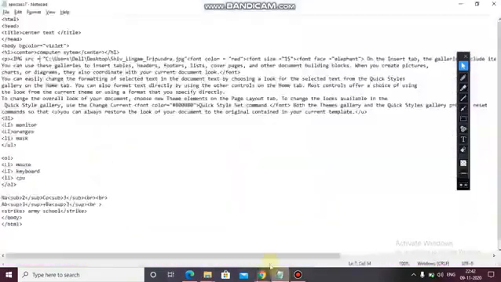So what do we have to do? We have to give the height and width also. So here, HEIGHT equals to double inverted commas, whatever height you want, 50 pixels. Next, WIDTH equals to double inverted commas, you can take 100 px.